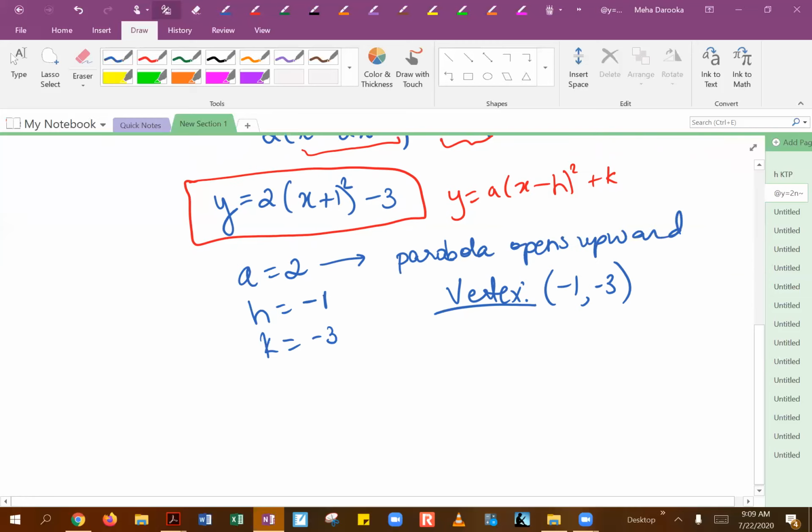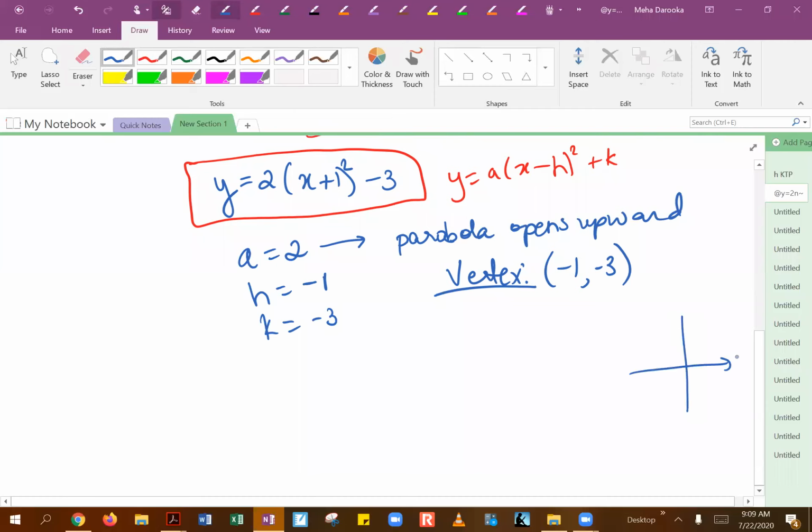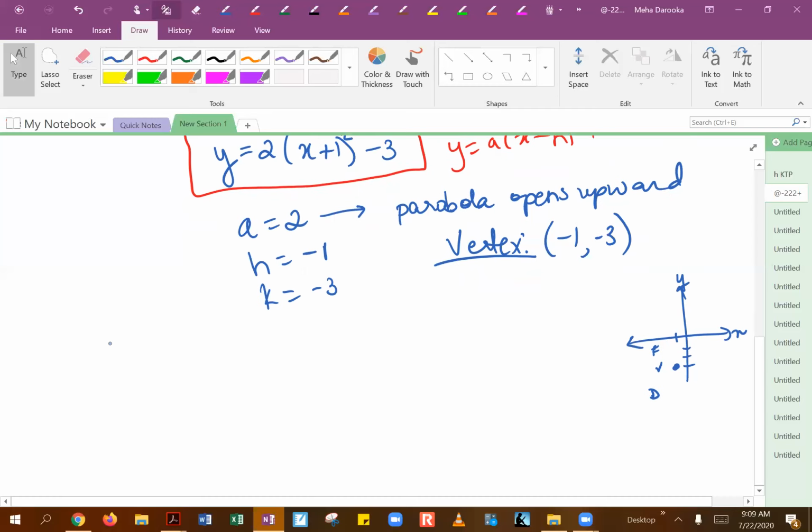And if the parabola opens upward, then remember your focus is going to be above the directrix. So at -1 and at -3 is where we have the vertex. So the focus has to be above the vertex and the directrix has to be below it, because this is a parabola opening upwards. So remember, for our focus, the ordered pair is going to be (h, k + p),